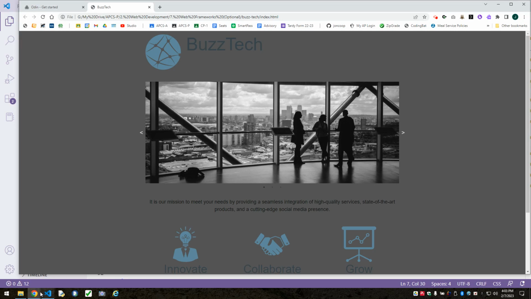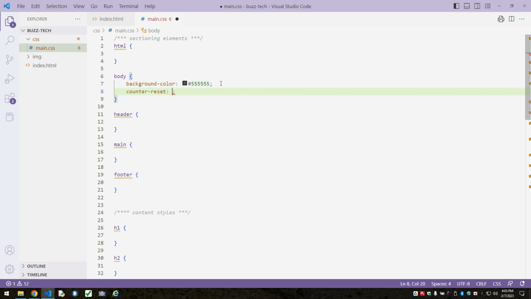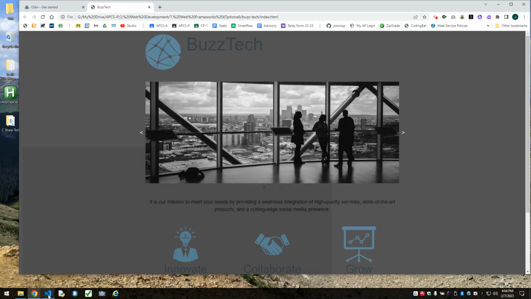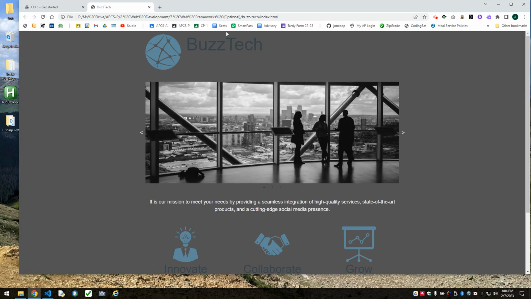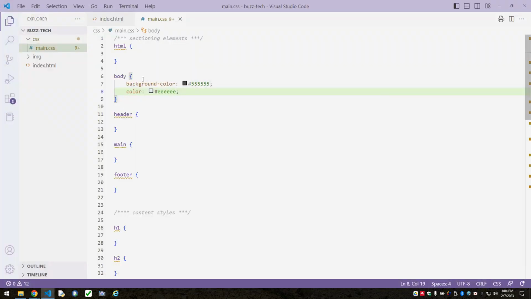Text has become just a little bit hard to read, so let's give a text color. And I'm going to make this not quite white. Sometimes I think a little off-white is slightly easier on the eyes. Okay, so that looks good there. So my paragraph text is nice. Let's see. We'll go in here and let's see. We can also